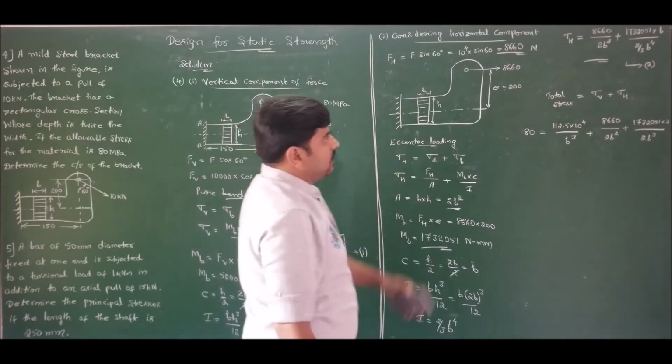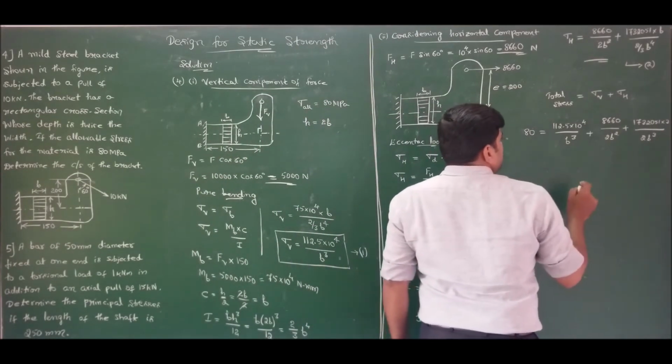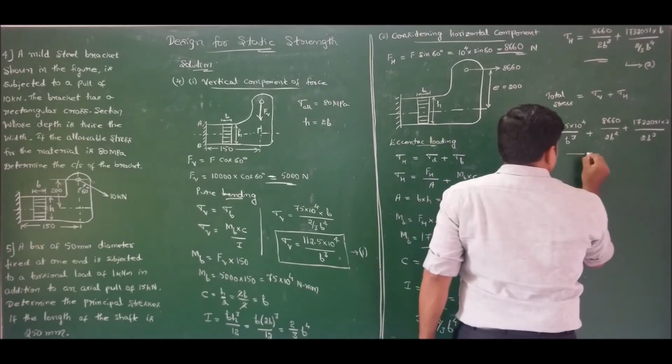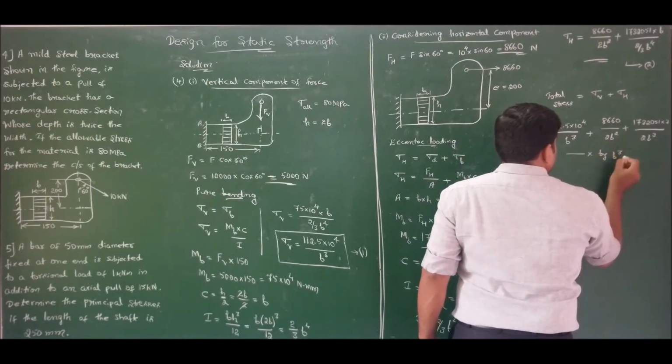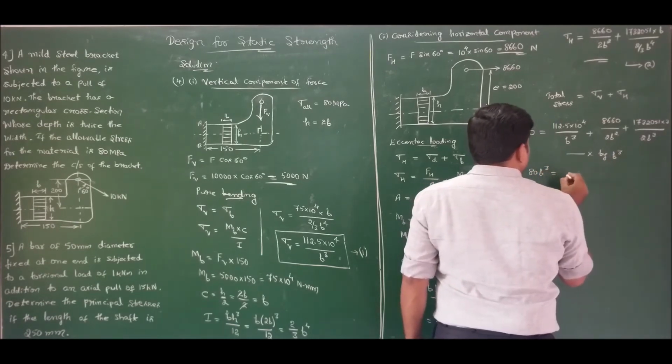If I solve this equation, I will get the value of b. Since this is a cubic equation, let us formulate it by multiplying throughout by b cube. If I do that, I will get 80 b cube is equal to